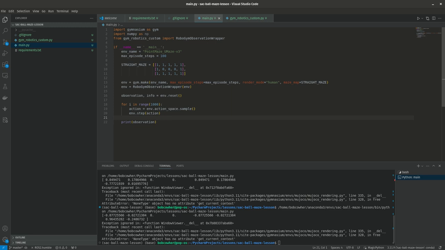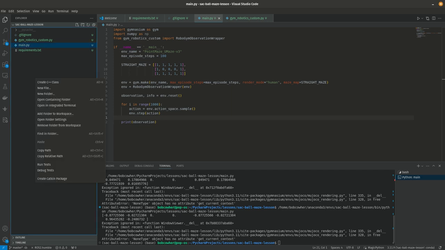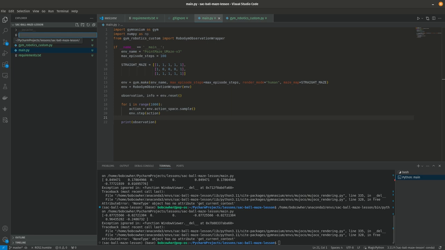All right, welcome to part 3 of solving mazes with reinforcement learning. So part 3 here, we're going to actually start creating some of our models. We're not going to do the Intrinsic Curiosity module yet, but we are going to do the actor and critic models. So here we're going to create a model.py,